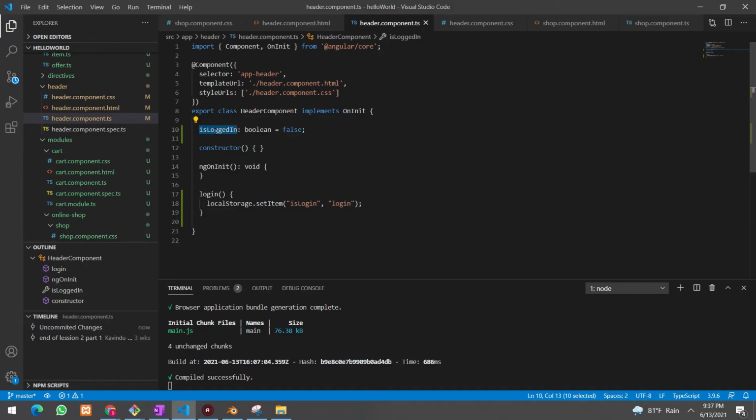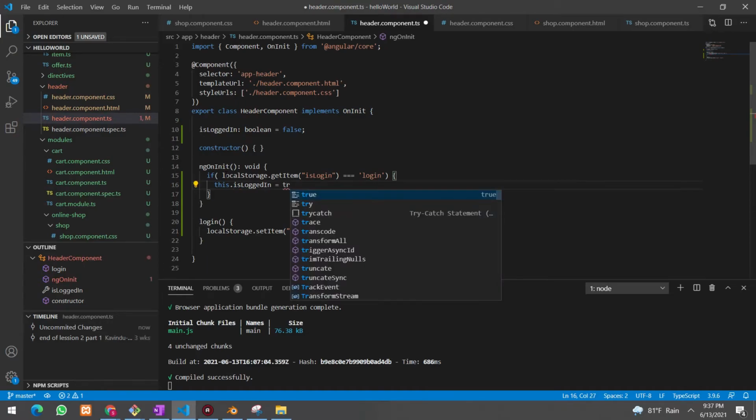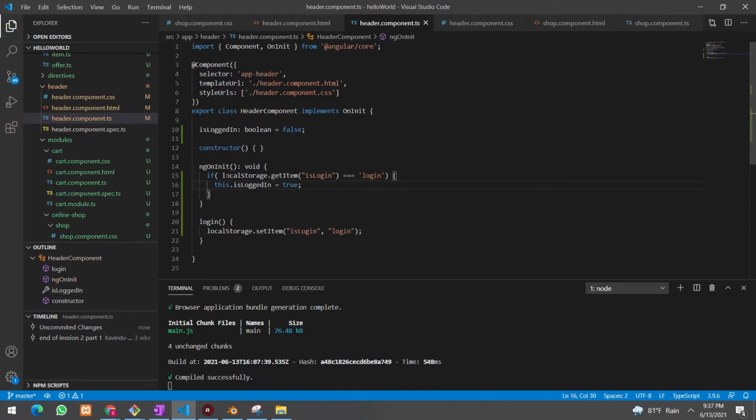What I am going to do is in ngOnInit, I am checking whether that local storage isLogin value is set. It should be a getItem. If the getItem value equals login, I will set this isLogin item property to true. Otherwise it is false. And when user click on login,